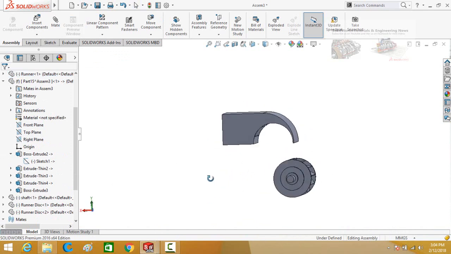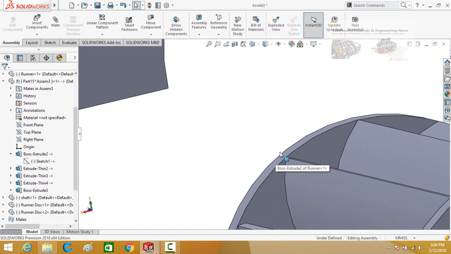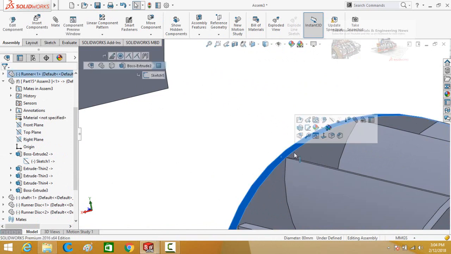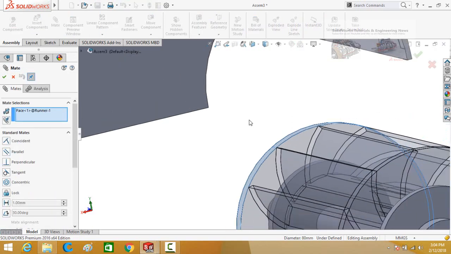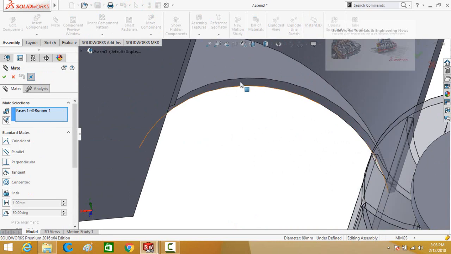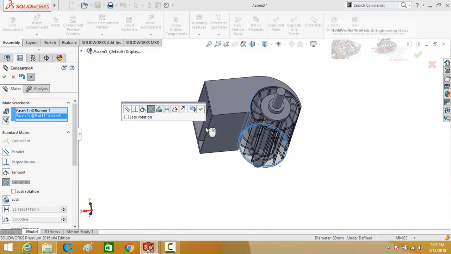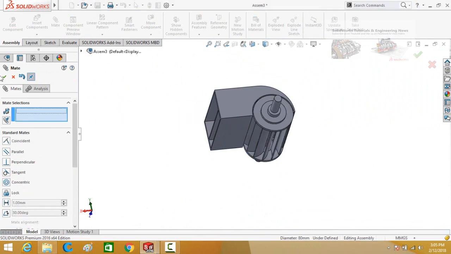So we have to create one more mate. Click on this cylindrical face of runner and then this face. Press OK button. Again press OK button.